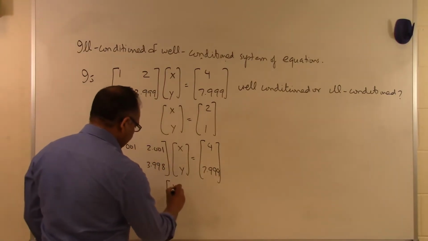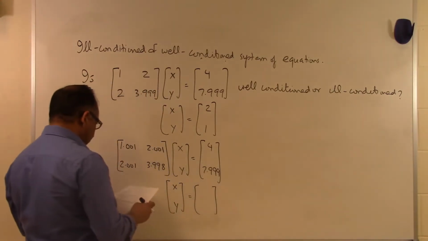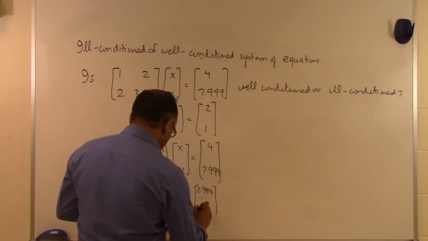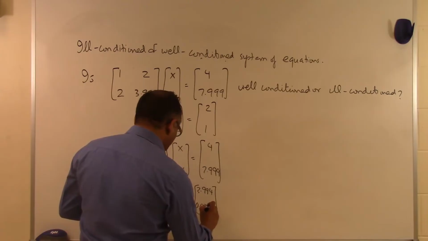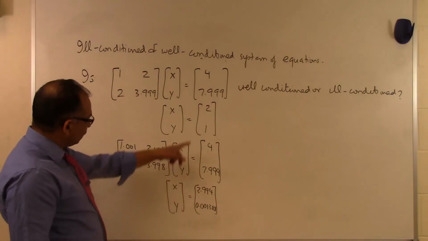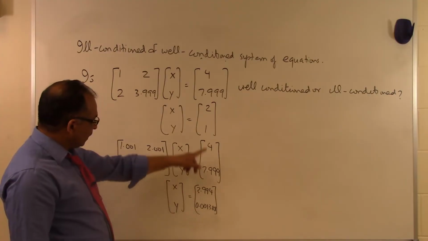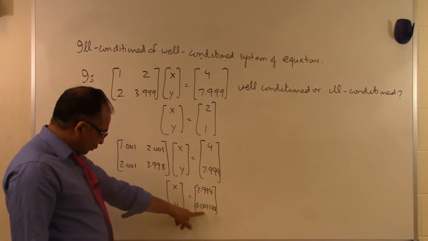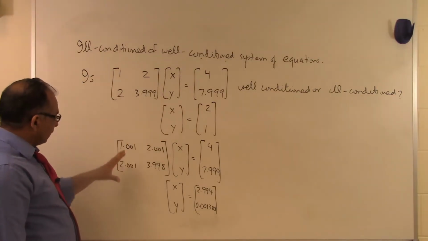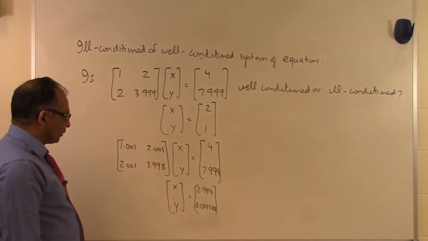If I solve these two unknowns by hand or by using MATLAB or any kind of calculator, the answer I get is as follows: 3.994, 0.001388. And just by looking at it, you can see that this value of 2 has changed to almost 4. This value of 1 has changed to almost 0.001. So very different, with a very small change being made in the coefficients of the A matrix. So we can very well see that this is not a well-conditioned system of equations.